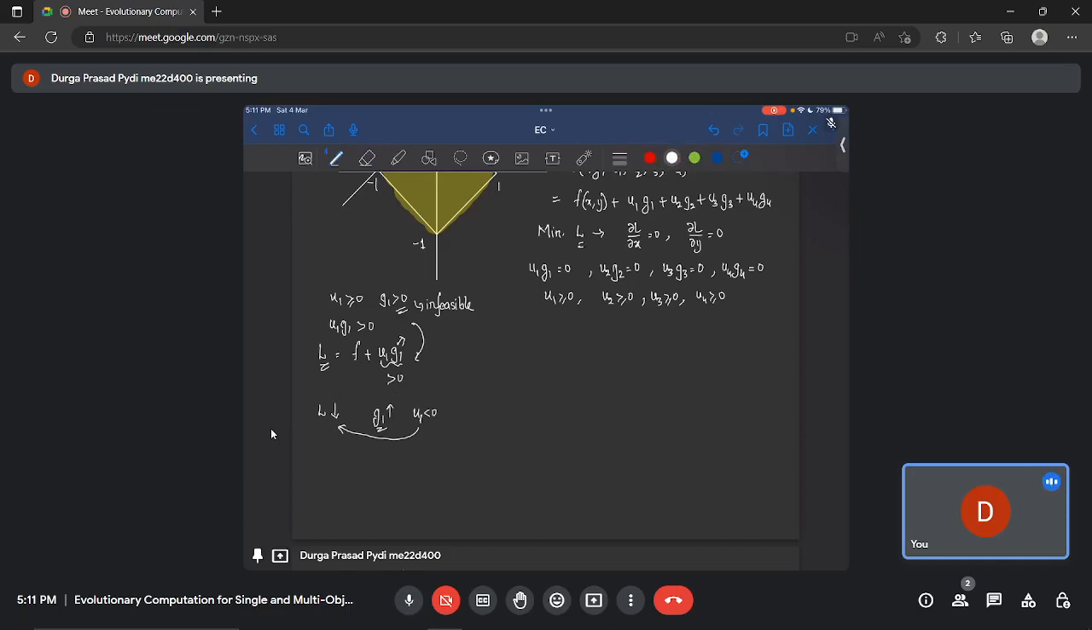In that particular scenario, if your U1 is greater than 0 and your G1 is increasing, your L value will increase. So if you want to minimize L with U1 greater than 0, you have only one option: you have to decrease the value of G1. So from positive values of G1, you will gradually move towards regions with negative values of G1, which is equivalent to saying decreasing the value of G1. So